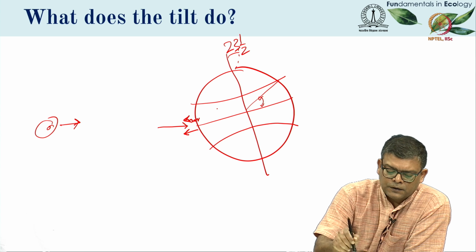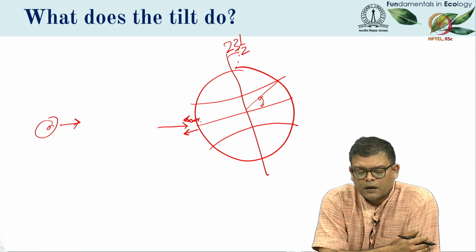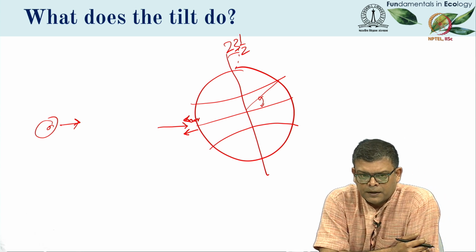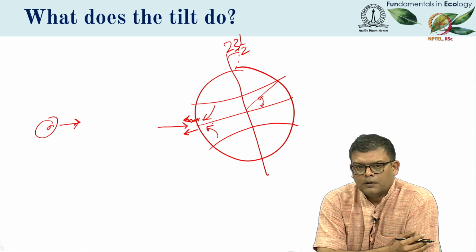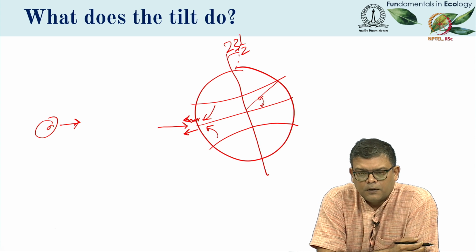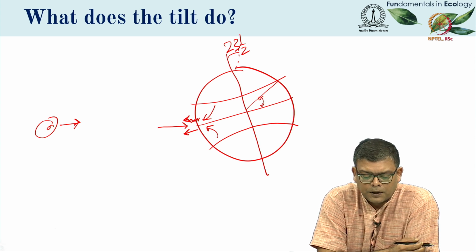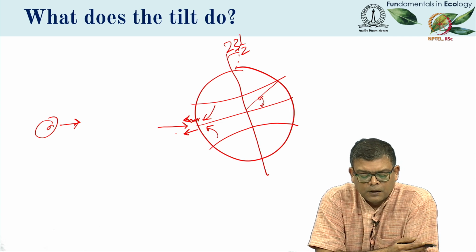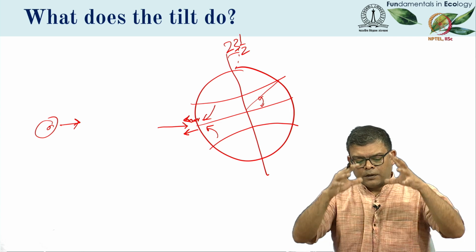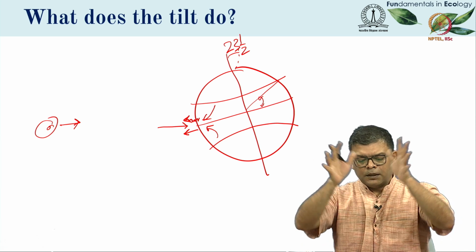Now because this is a closed system, you can't have a vacuum left behind near the surface, so air from the surrounding areas comes and fills up the space that was formerly occupied by this hot pocket of air. Now if you are rising through the atmosphere, you will also cool down. So as this hot pocket of air rises, it begins to cool down and it expands.